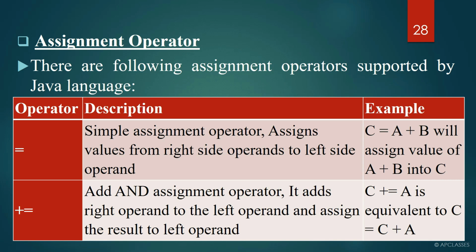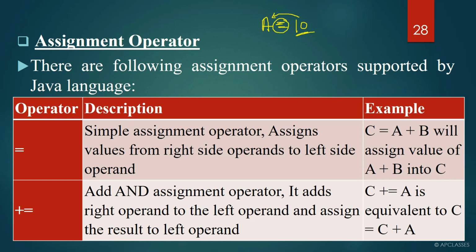Whenever we talk about the assignment operator, first we have to consider an example, that is a equals to 10. Here 10 gets stored to a, the value on the right side gets stored to the variable, that is a. And why is it possible? Only because of the equals to sign. Here the equals to sign is considered as the assignment operator. So in whatever programming language we have, if you want to store a value to a variable, if you want to assign a value to a variable, then we have to use an equals to sign here.